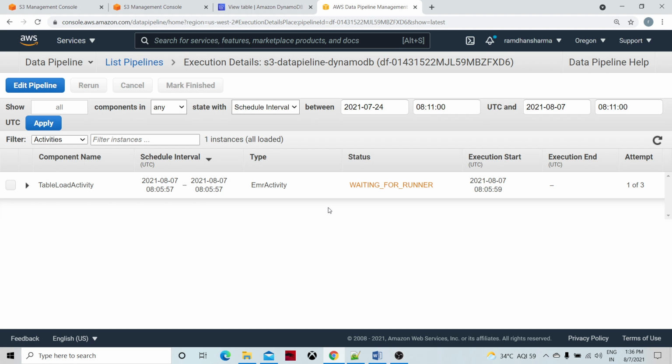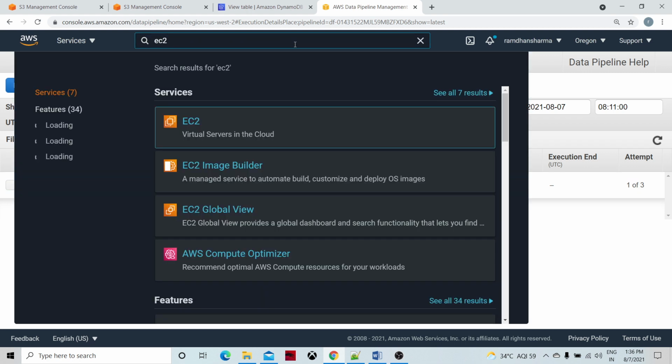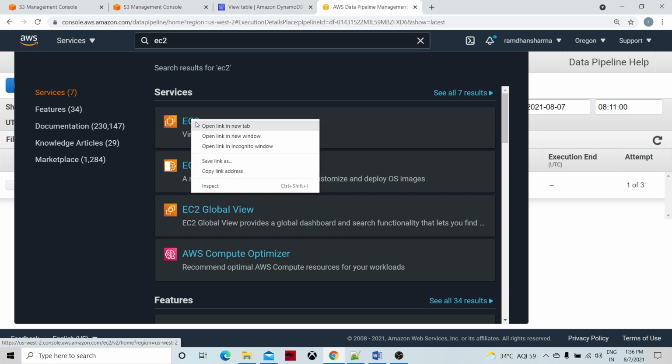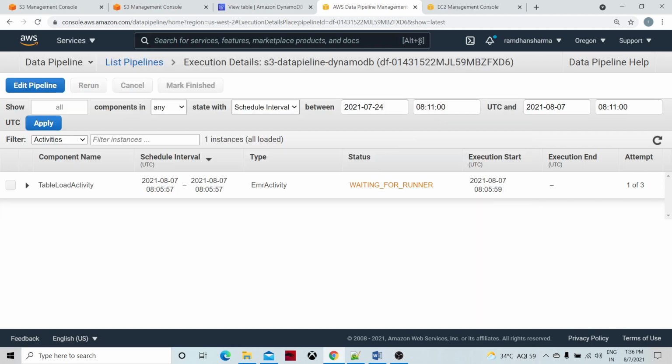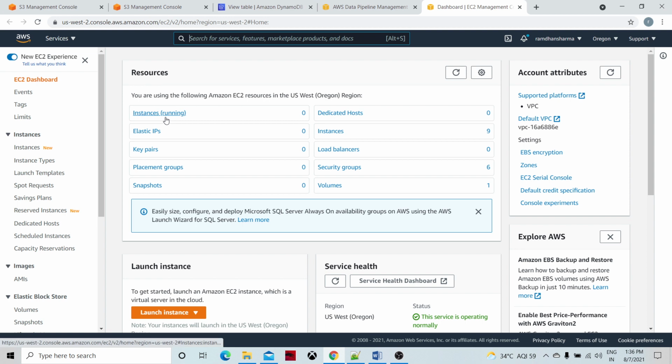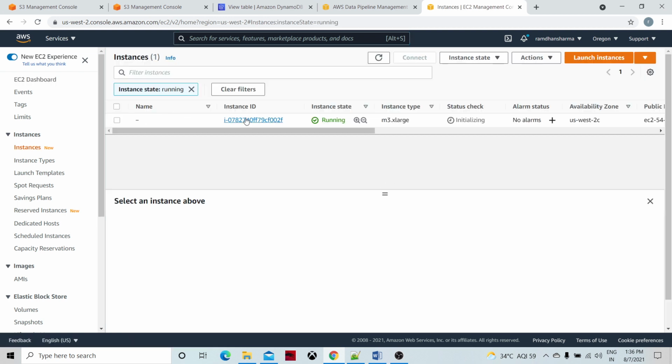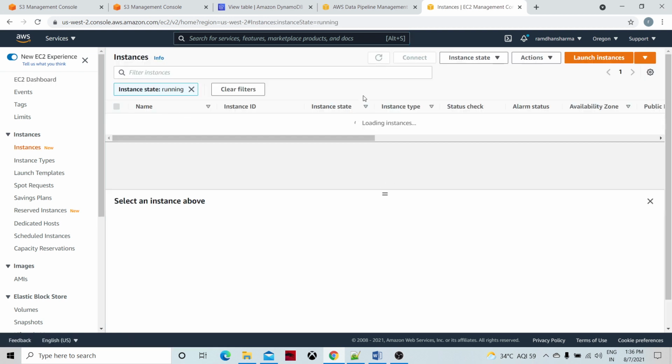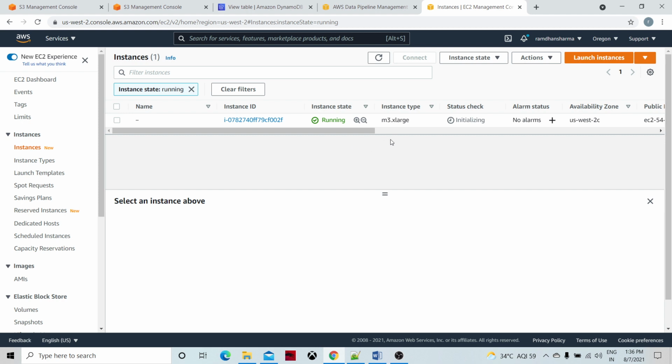If you go to the EC2 console and click on it, there will be instances running, right? Earlier there were no instances, so M3.xlarge type instances are coming. One more instance is going to be provisioned as part of this operation.